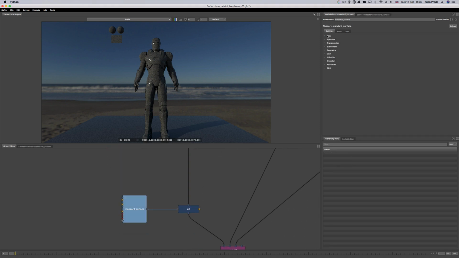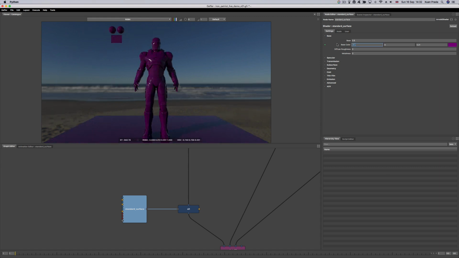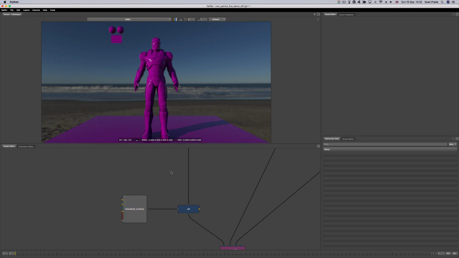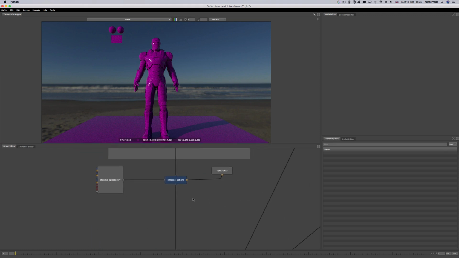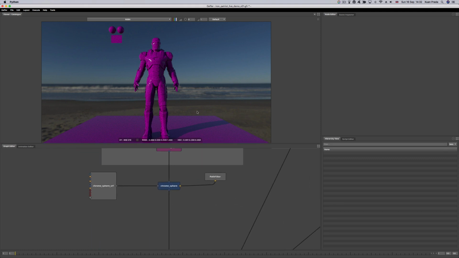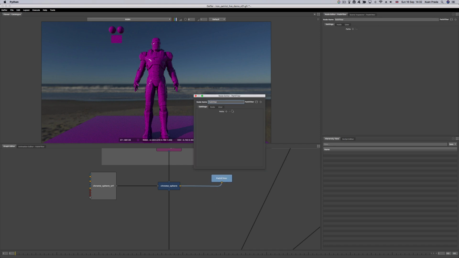Actually, I'm going to change this to a color like this. So we see if we're missing any shader assignments, this is going to be assigned to that. So it's so easy to identify any object without any shading component. Okay, cool. Next thing, in this path filter, I can create a new path, a new rule here,